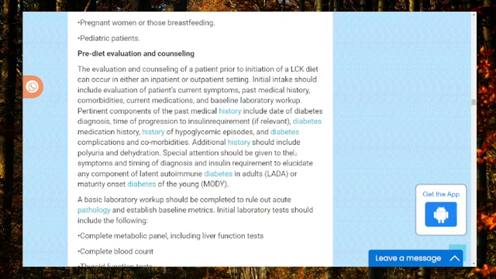Additionally, history should include polyuria and dehydration. Special attention should be given to the symptoms and timing of diagnosis and insulin requirement to elucidate any component of latent autoimmune diabetes in adults, or in short LADA, or maturity onset diabetes of the young,